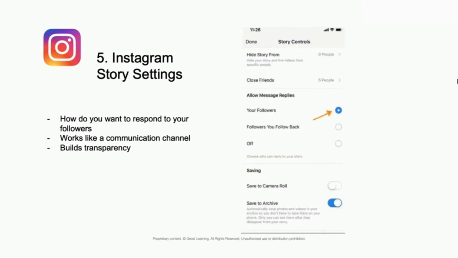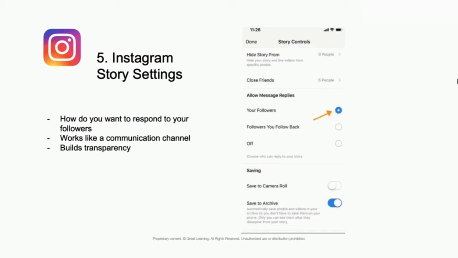Fifth is Instagram story settings. Now, Instagram stories are another way through which people interact with you, and there are different settings for your Instagram stories or for other posts as well. So it is important that you set this up correctly. It depends on how you want to respond to your followers because this also works like a communication channel.